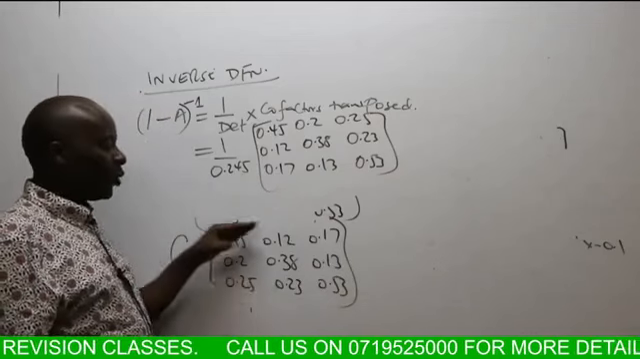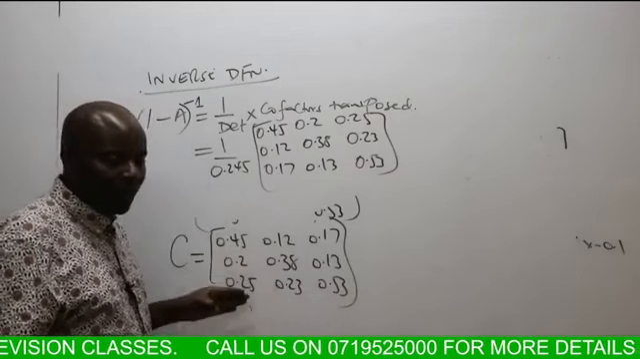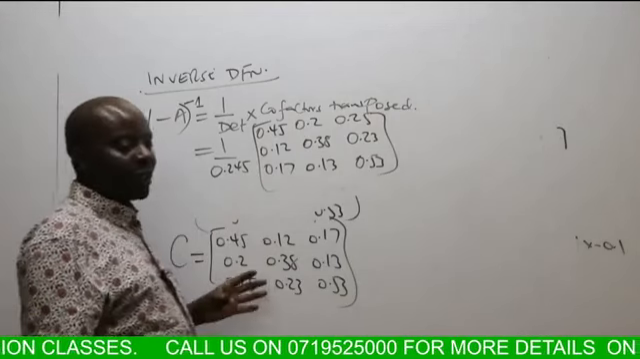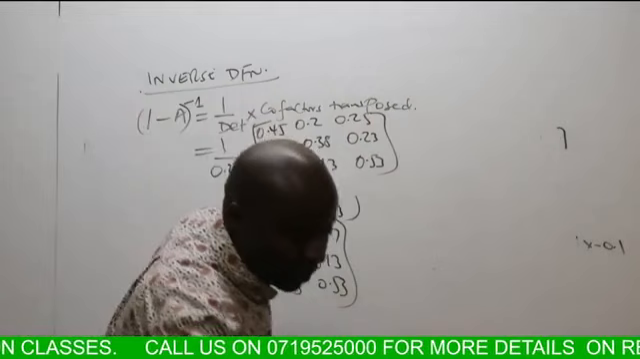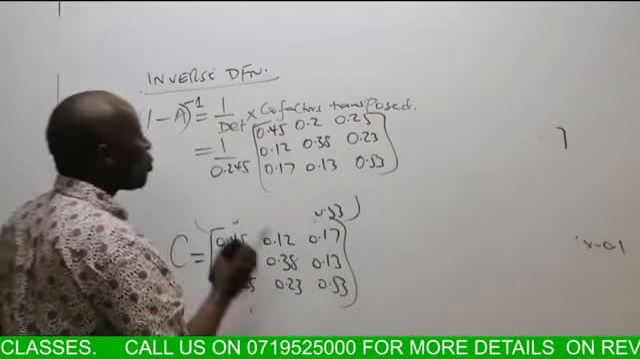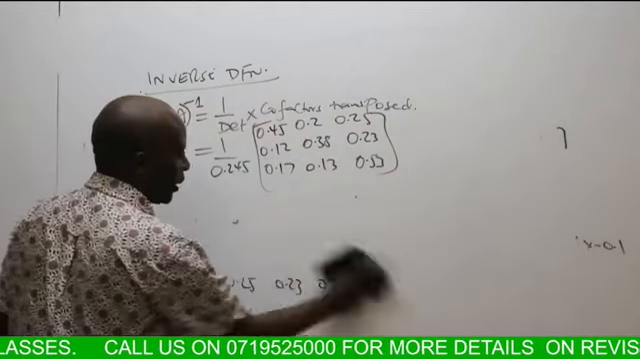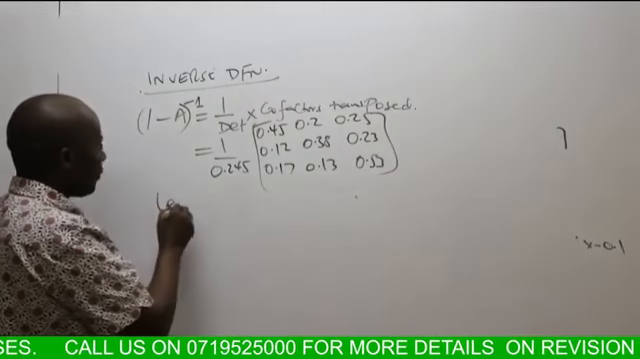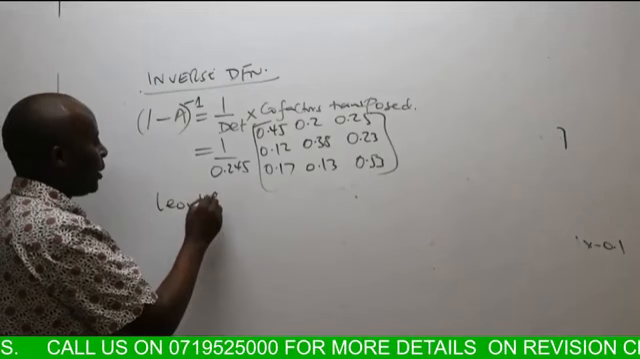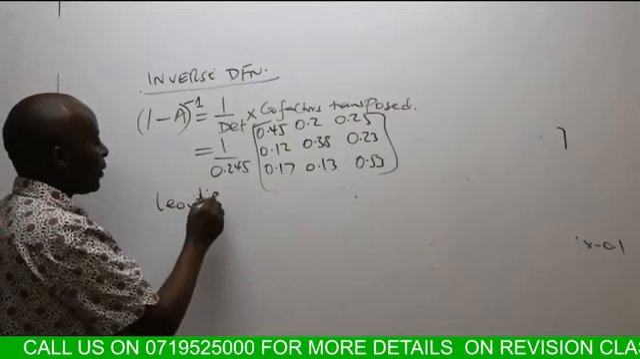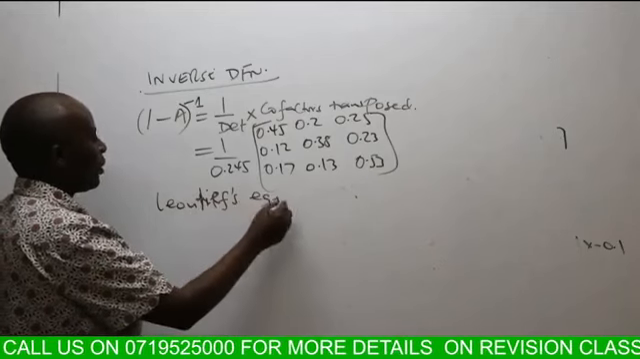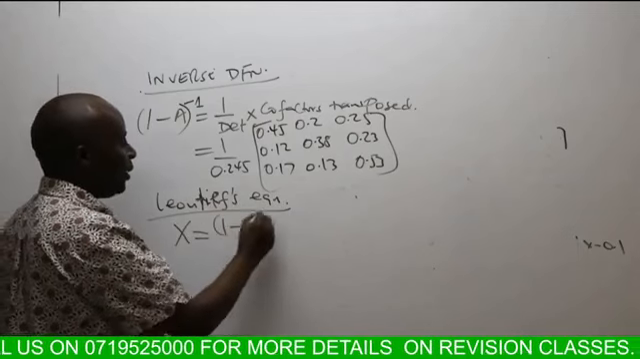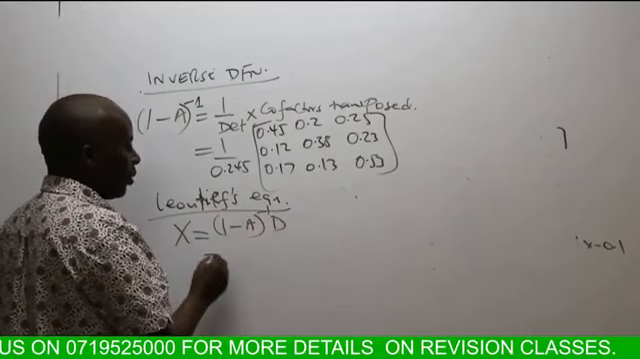So remember, it is rows becoming columns. Rows becoming columns. And once you have been able to get that, then ladies and gentlemen, the next thing for us here will now be to use Leontief's equation. Remember, we normally say Leontief's equation is for prediction, where our total output equals (I minus A) inverse multiplied by D, which will be equal to,